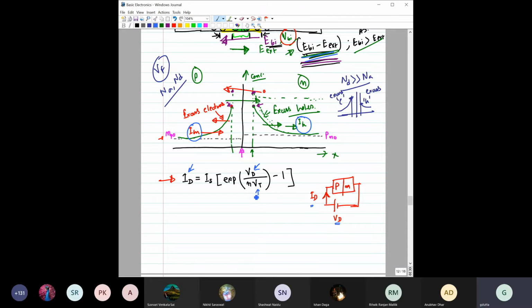VT we have already discussed. VT is the thermal voltage at room temperature. Its value is 26 millivolt, and this VT, we know, can be represented by kT by q. We have already done this. This one is a constant, and now what is this eta? The eta might be new to you. This eta is the ideality factor